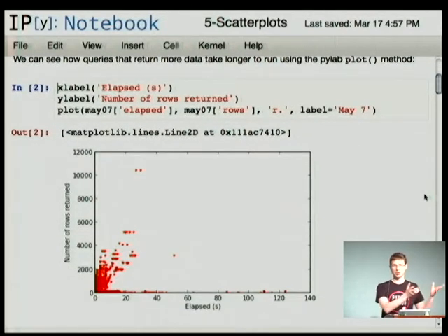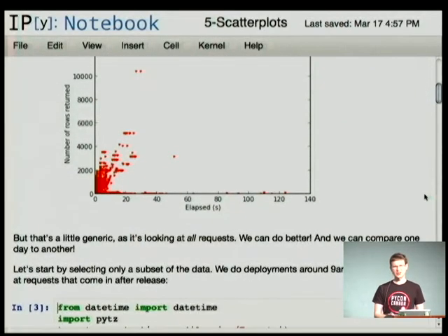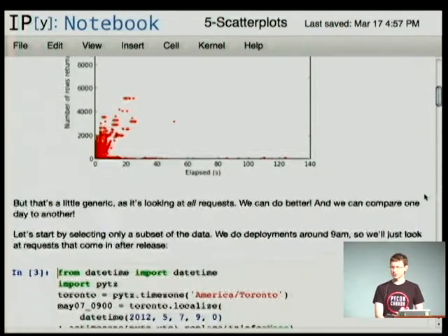I can just say plot the elapsed versus rows as a scatter plot with dots. And we can see, yeah, there are a couple of different trend lines, but overall, longer requests take longer because they're bigger. And it is a little generic. It's looking at all requests, and we can do better. And in particular, I was looking at